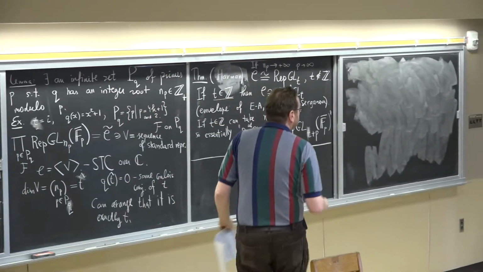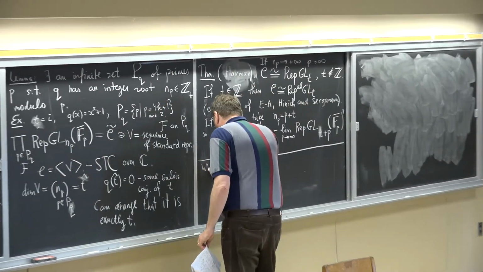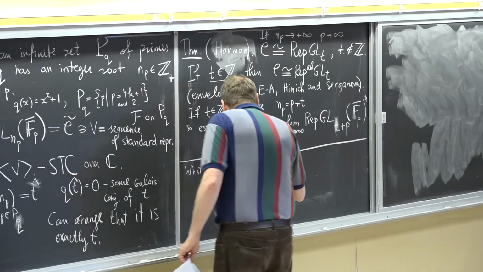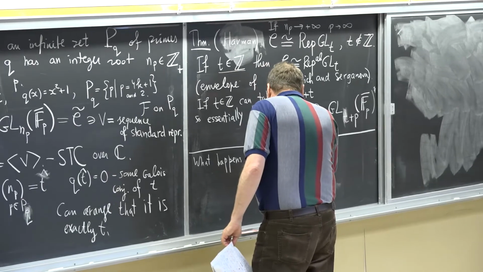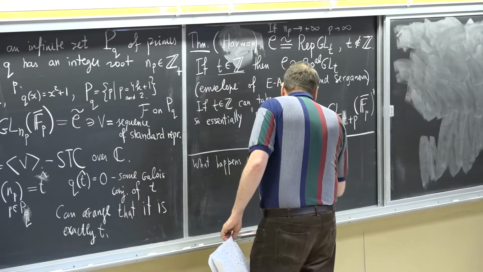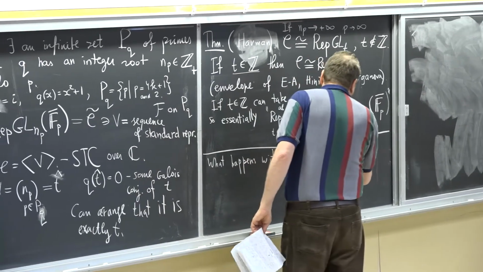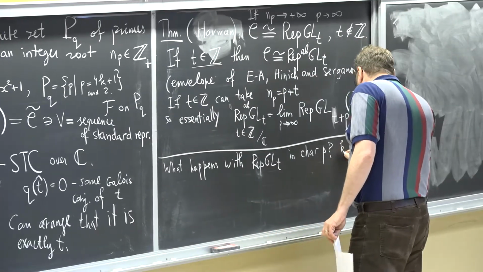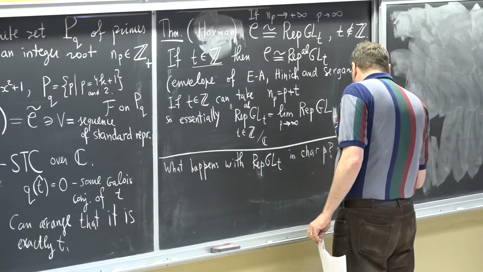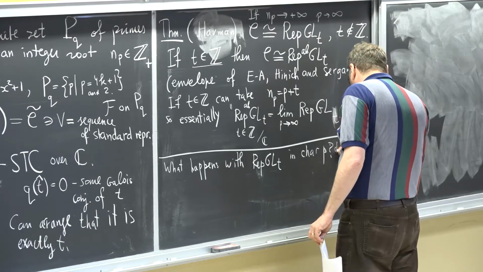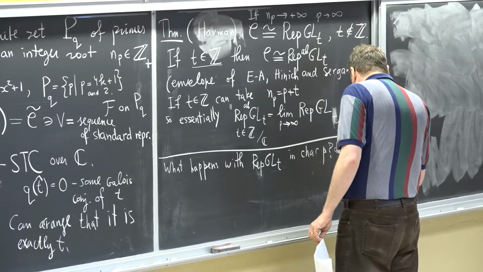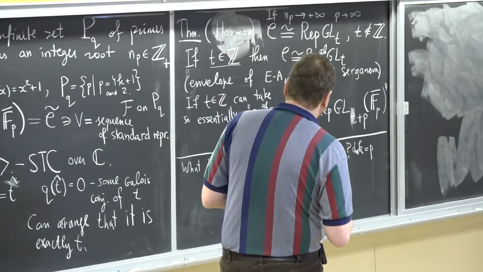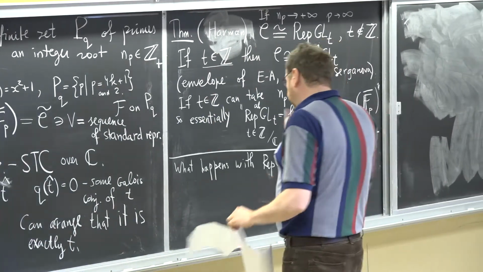Okay, so then the next question is, what happens with rep GLT in characteristic p? So let's say K is an algebraically closed field of characteristic p. And we want to construct an analog of this category in characteristic p. So then